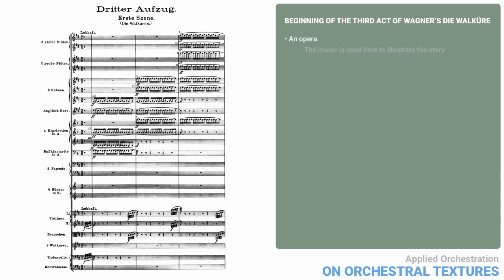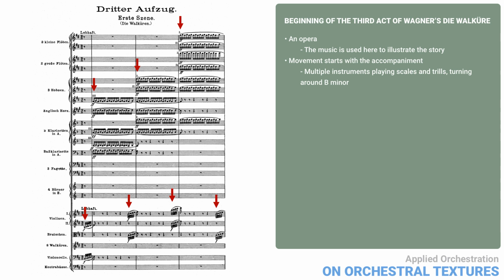Since this is an opera, the music is used here to illustrate the story, specifically the Valkyries, female gods riding their horses. The movement starts with the accompaniment, which consists of multiple instruments playing scales and trills, turning around